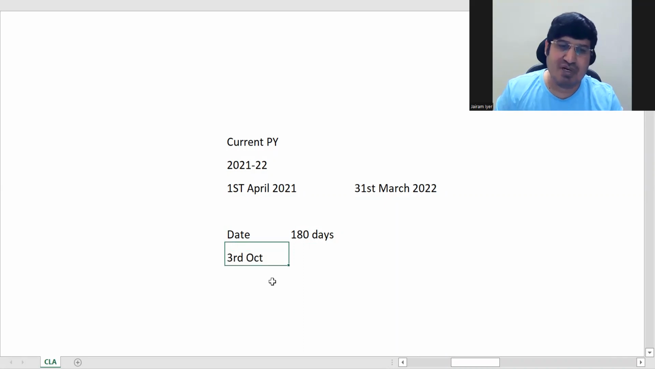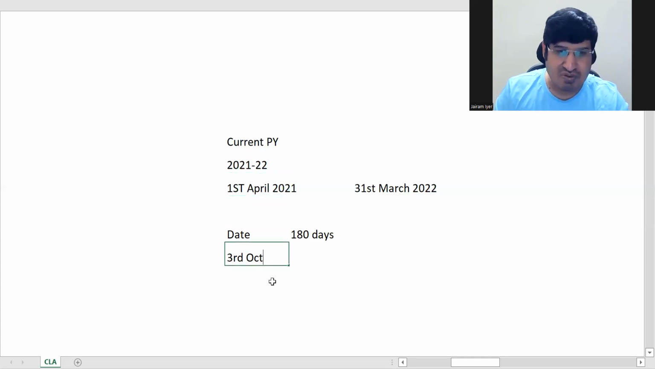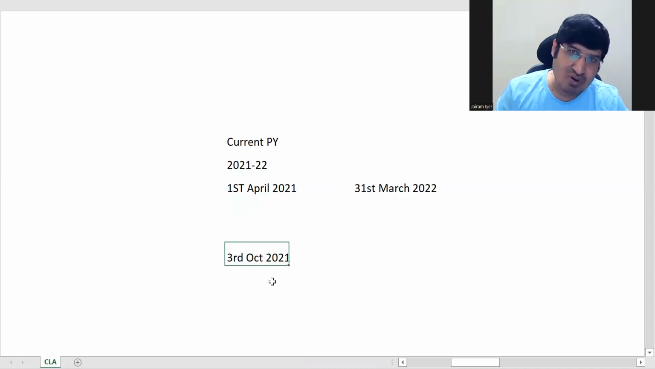If you have bought the asset by 3rd of October, that is between 1st April 2021 and 3rd October 2021, you can buy it anytime, even on this last day, 3rd October. Now calculate the days from 3rd October till the end of the previous year. How much will you have? See in October,